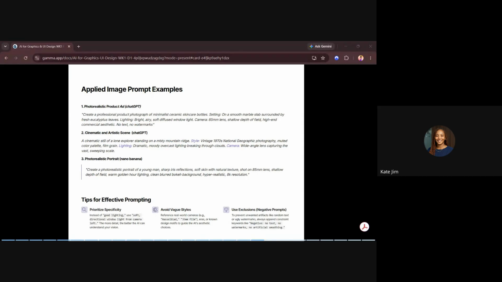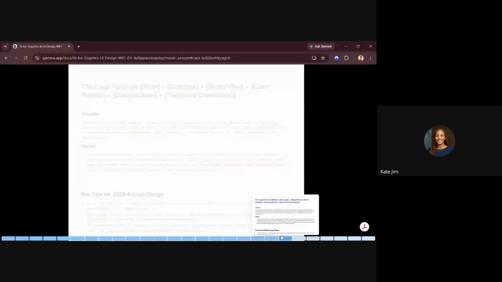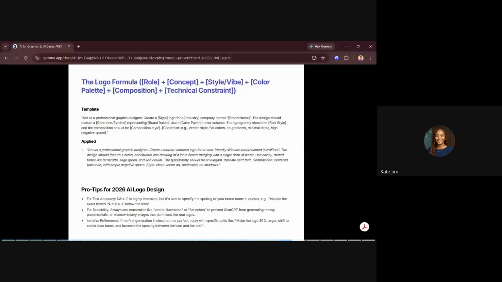Say 35mm film, depending on the kind of visual you are going for. Research it, check which one is the best, what is the clearest kind of lens a photographer can use. You write the technical terms here, then use exclusions, which are the negative prompts. That is for image. Now let's look at the next one, which is the logo formula.